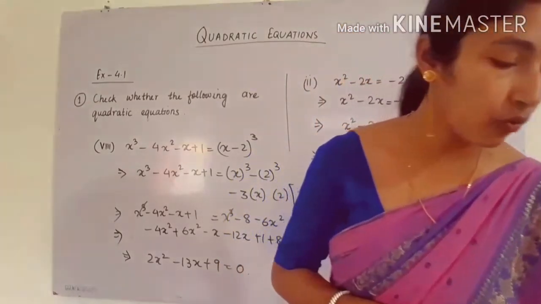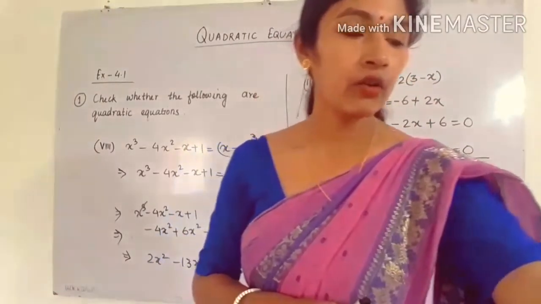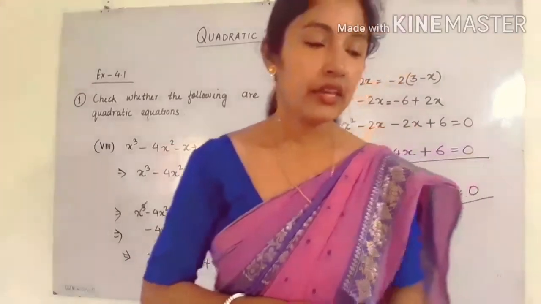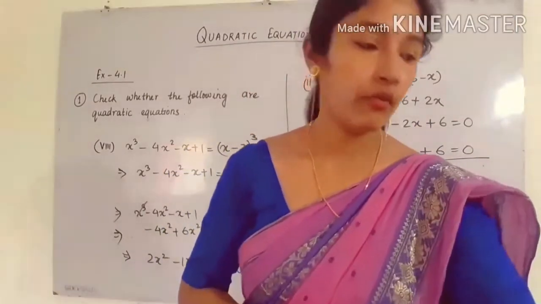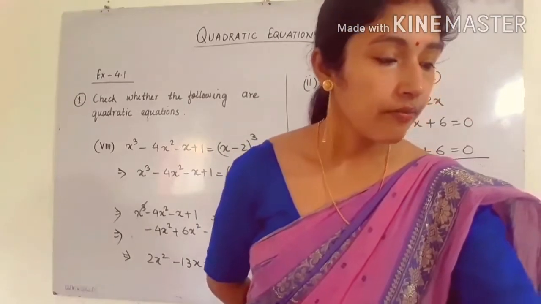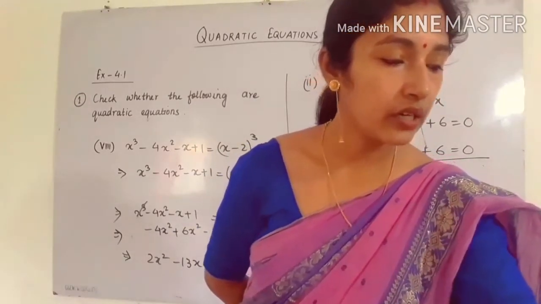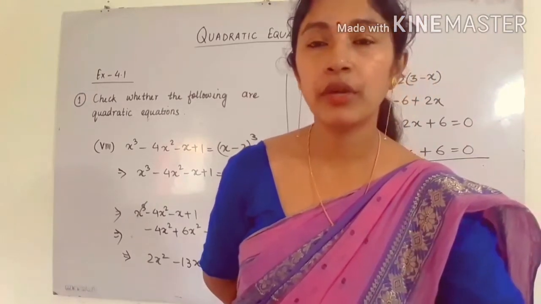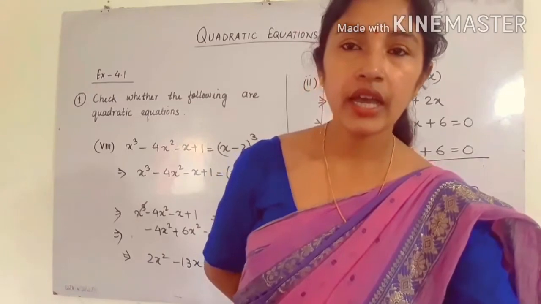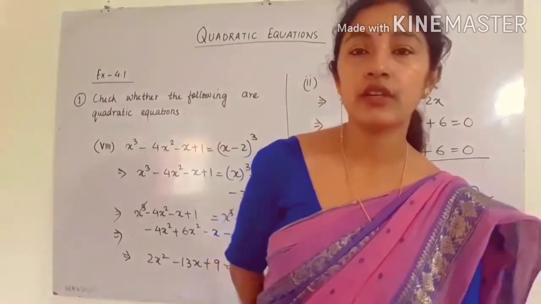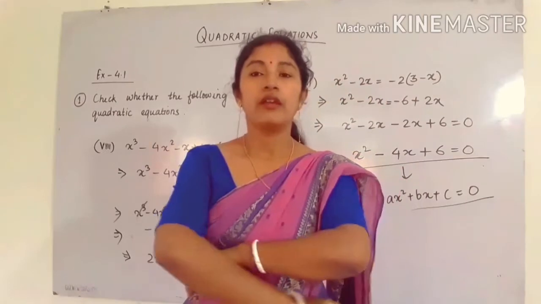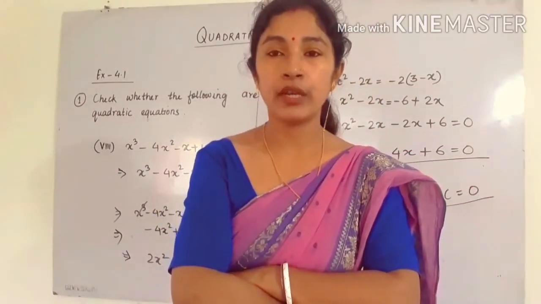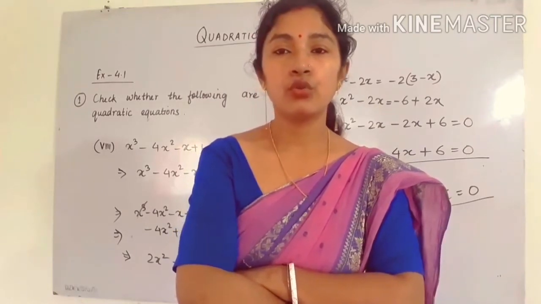Come to question number 1 of 2. The area of a rectangular plot is 528 meters square. So what is given? The area of the rectangular plot is given. The next condition is that the length of the plot in meters is 1 more than twice its breadth. From here we have to make the equation. Length is equal to 1 more than twice its breadth, that means 1 plus 2 times its breadth.